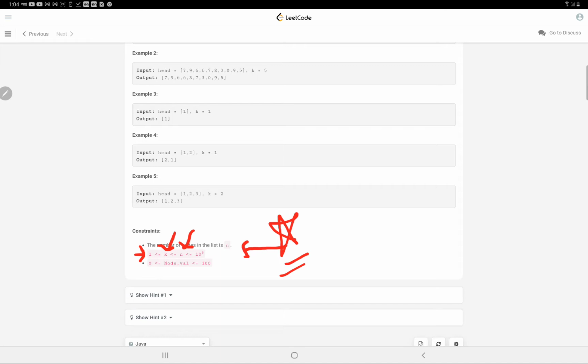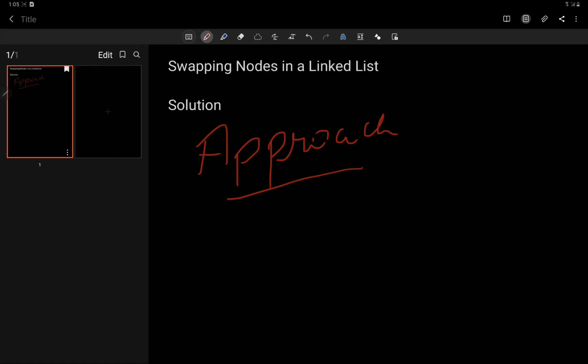Let's look at the approach for this question. This question can be solved with many approaches, and one such approach would be, suppose that the linked list that is given to us is like this, and k is 2. Alright, means we have to swap this node and this node.